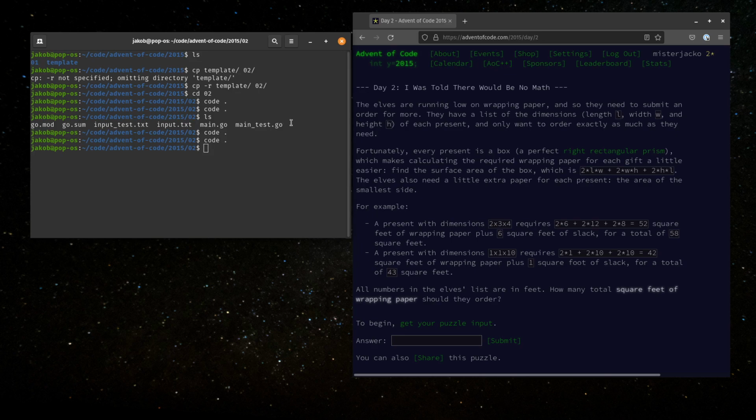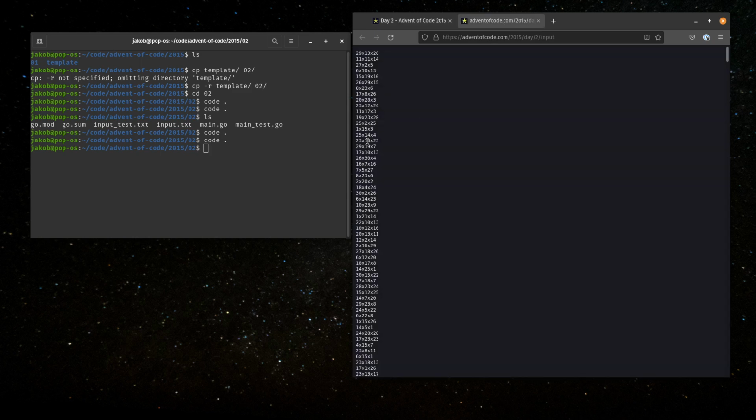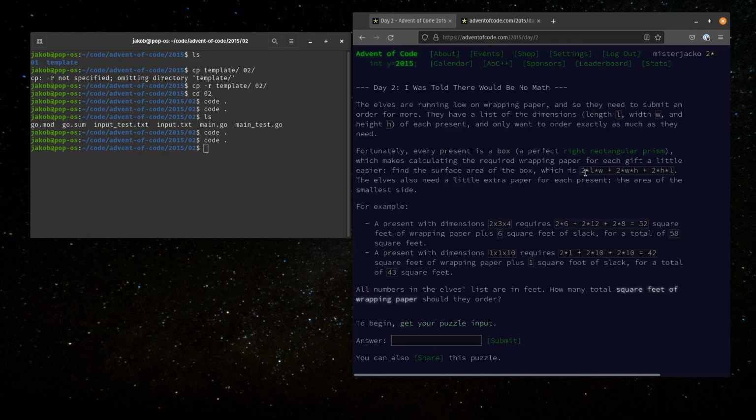we can look over the problem. So I read this a little bit yesterday. What we got is there's going to be, looks like a list of, here, let's open the puzzle input. Yep, a big long list of coordinates of boxes. We need to find out,